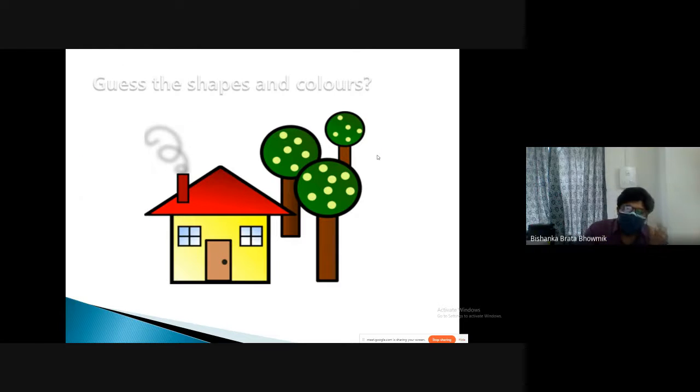Now, you can show them such a picture, and from this picture, they can find out what different shapes are there. Like in this picture, this is a rectangle. There is a big triangle. The big square is there. The windows are made of squares, and in this single square, there are more squares. The door is actually made of a square.